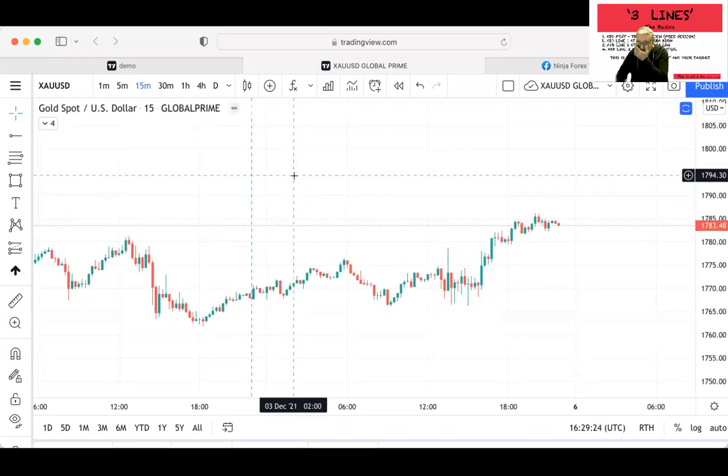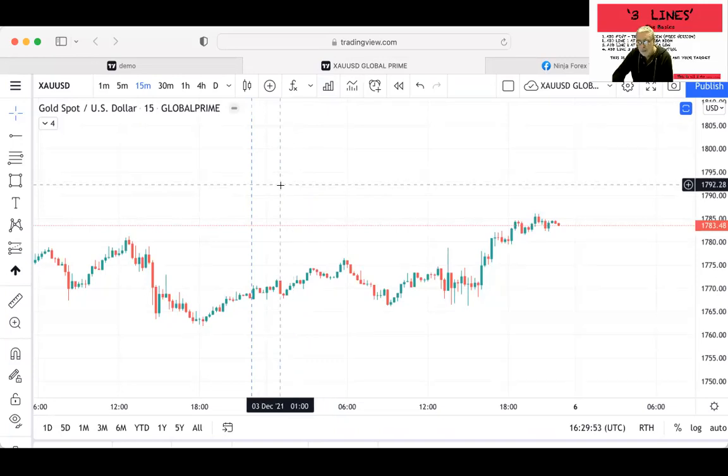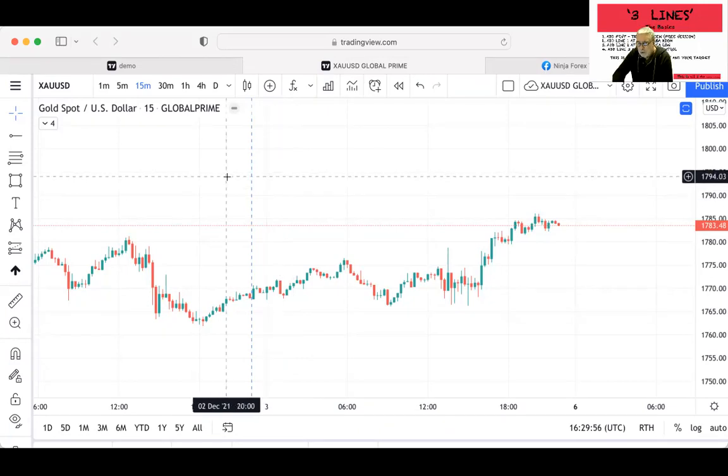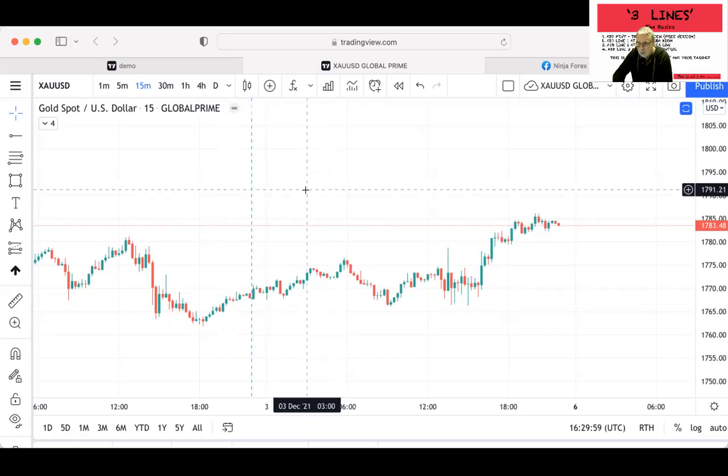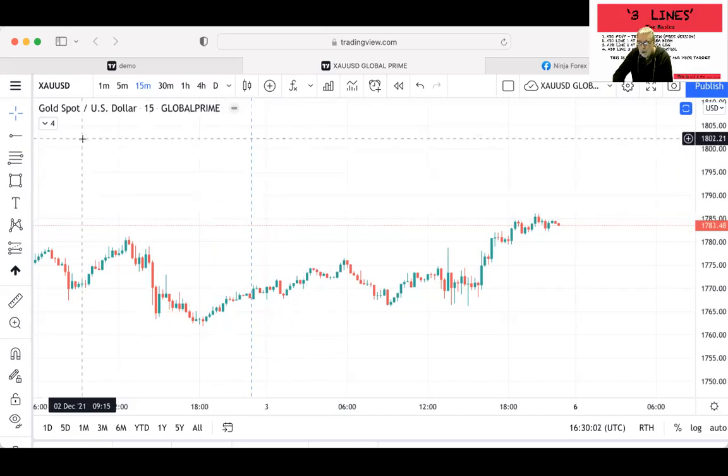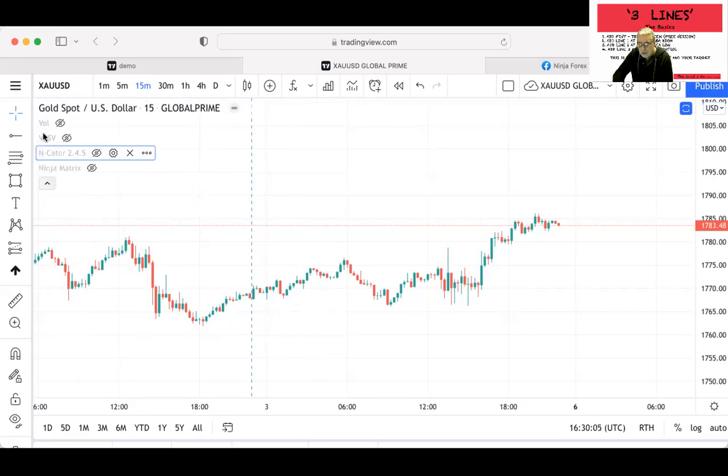There we go. So this is TradingView, and it's just as it comes out of the box on the free version. I'm going to assume that you're going to be using the free version. I'll go back later in this video and go through how you use the TradingView paid for versions. But for now, we're just looking at the free TradingView version. So this is how it comes out the box. The only difference between what you see here and what you'll actually see if you're brand new to